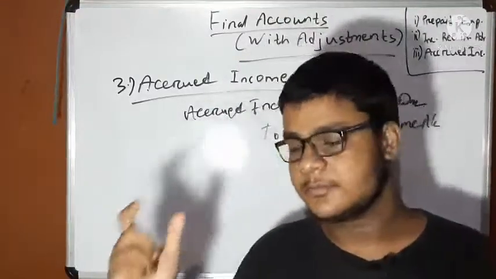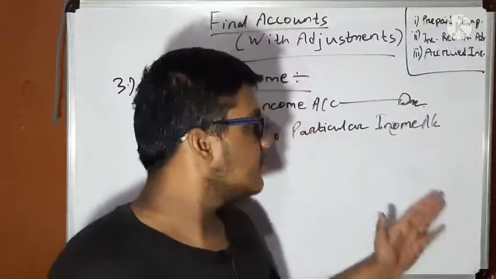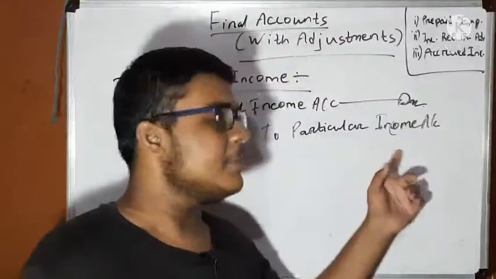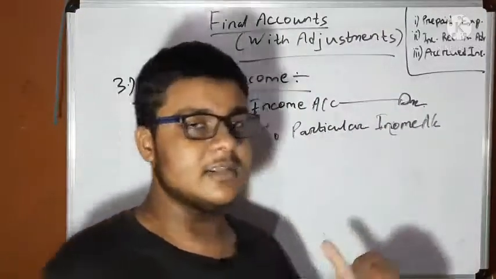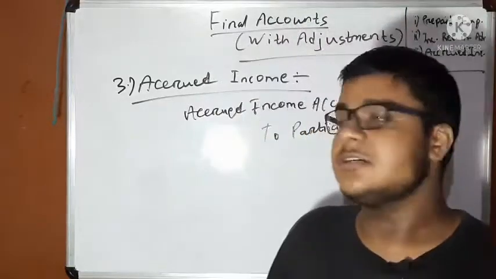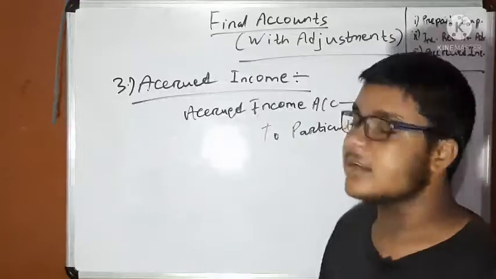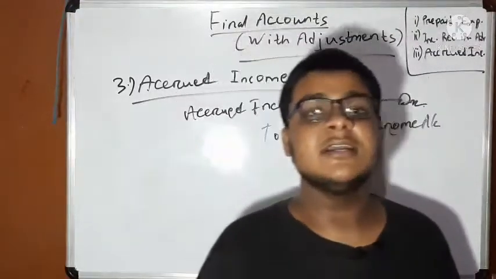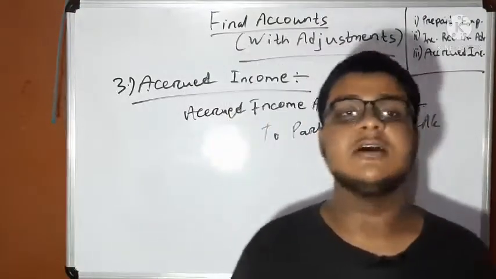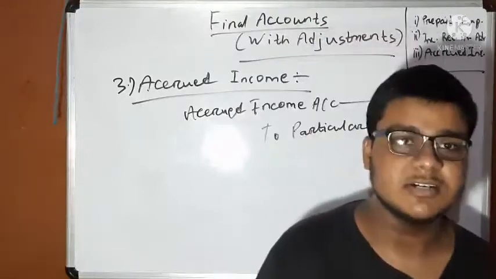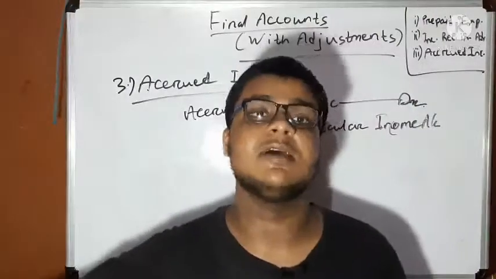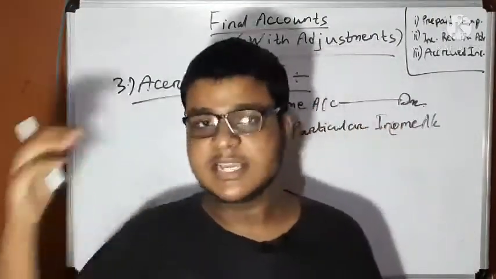As we know, the golden rule of nominal account is that debit expenses and losses, and credit income and gains. So here income is credited, so the particular income is credited. So it obeys the golden rule of nominal account. Now this accrued income is debited. Why is it debited? This income is related to this current accounting period, but it is not yet received in this current accounting period; it is yet to be received in the next accounting period.